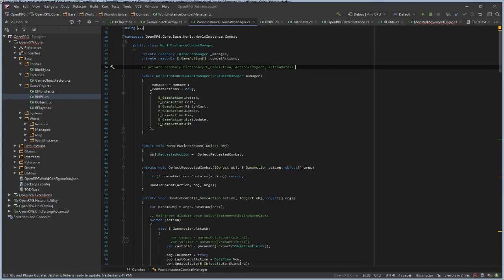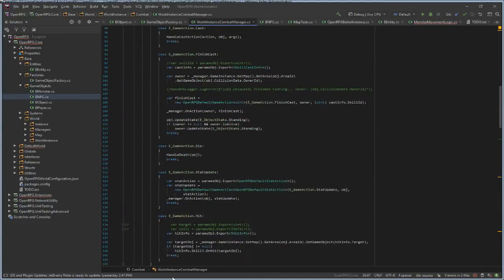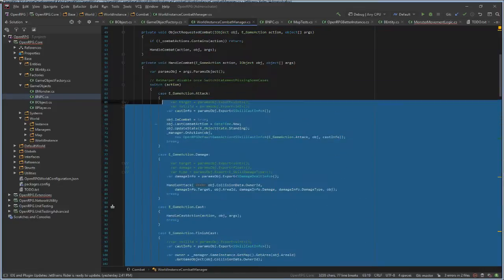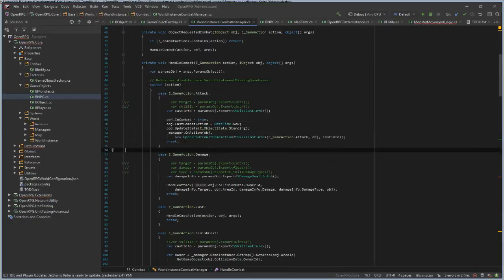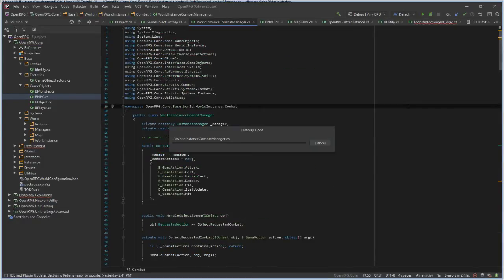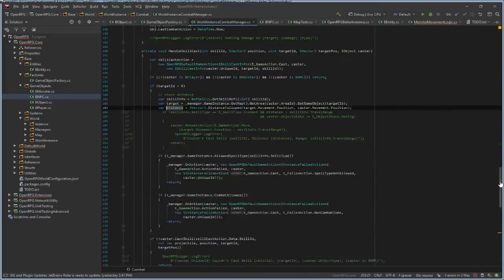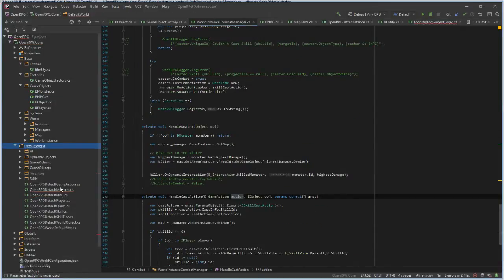Something like this will be much better to handle, much better to maintain. So instead of just going through case switching, switch case, it looks really ugly. So I'll just have to clean that up later. And yeah, that should be it.